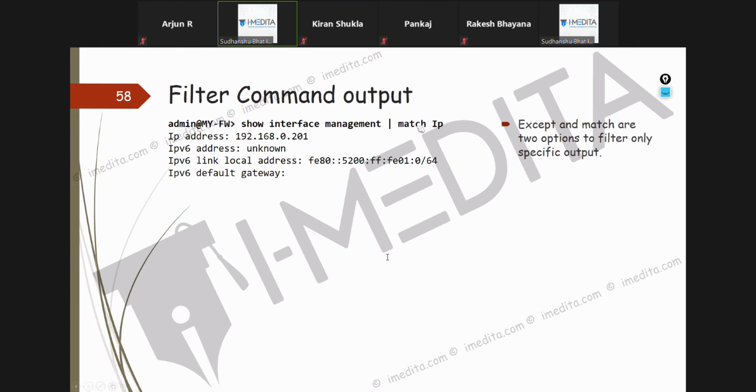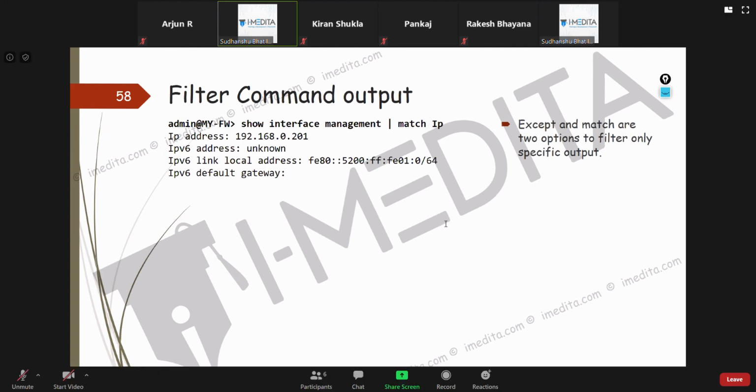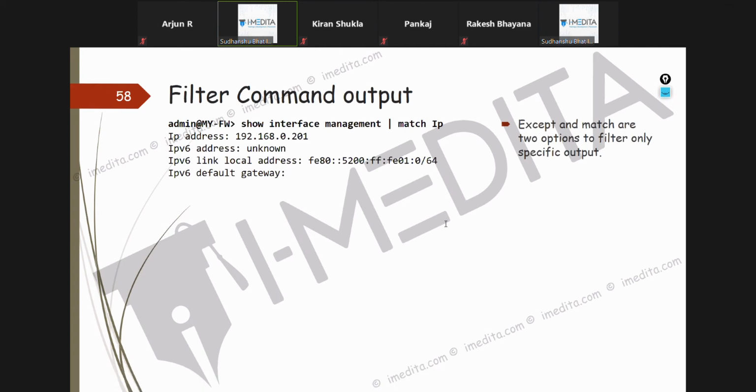Now they have given you only two options, match and except. Think of match as basically just like include in Cisco. Like show ip interface brief include up will give you only the output of those interfaces which are up.